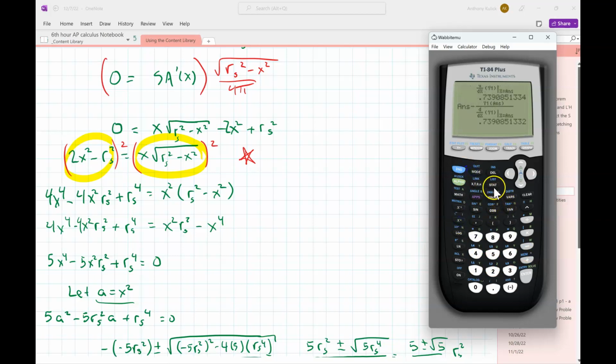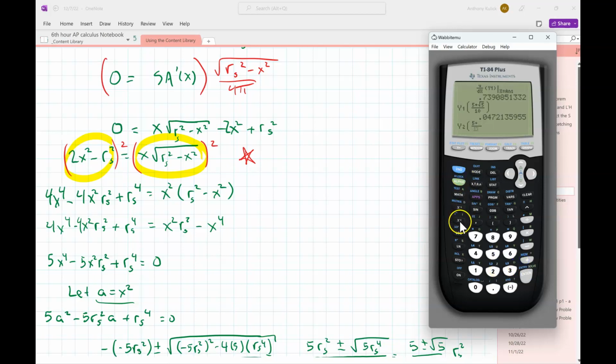Okay, and then we'll do y1 of 5 plus root 5 over 10. And again, I'm just making the r's 1. So I get that. And if I then do y2 of the same thing,